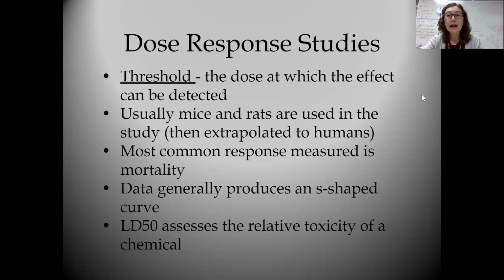All right, so when we're looking at these LD50 and ED50 studies, we're looking for something known as the threshold. That threshold is like what I talked about with the rats, that's 75 milligrams. This is the dose at which the effects can actually be detected. Thank goodness we don't do these labs or studies on humans. Not great that we're still using living things, but usually mice and rats, because they have a lot of similar anatomy to humans. They're fellow mammals to us, so we've got a lot of similar processes going on. These are usually what we use for these studies.